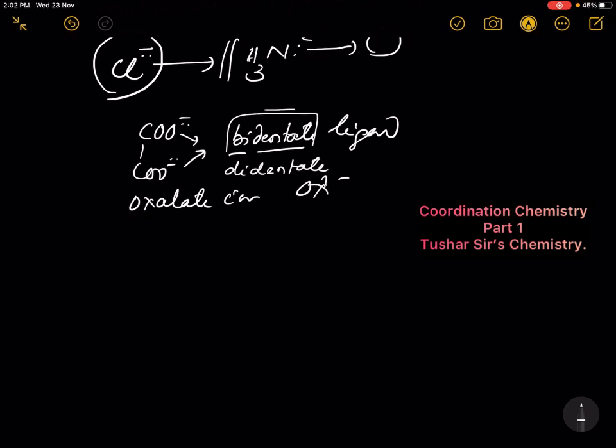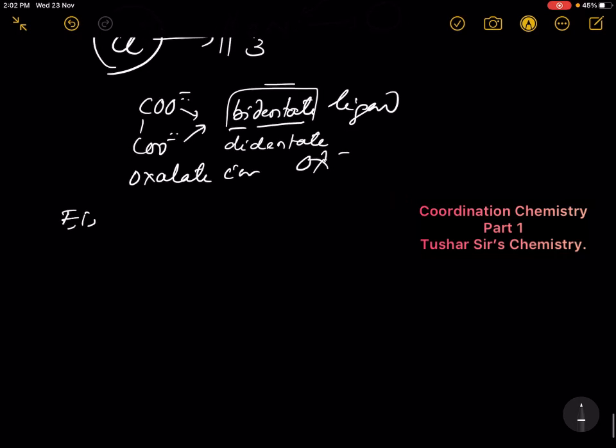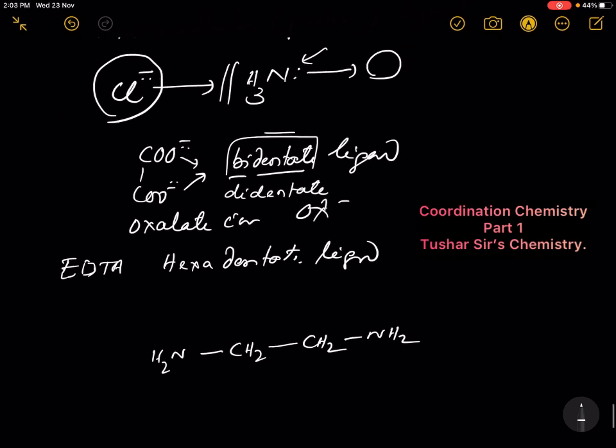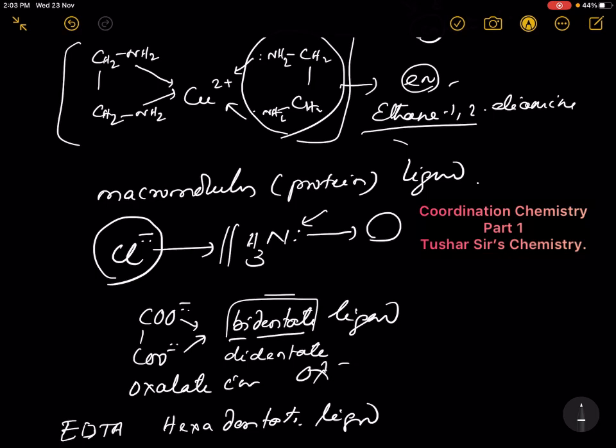Then EDTA, it is a hexadentate ligand. You see the structure of a hexadentate ligand. You know this is CH2, ethane. It has two NH2 groups, so it is ethane 1,2-diamine, just written over here. This is ethane 1,2-diamine. If we remove these two H atoms and substitute